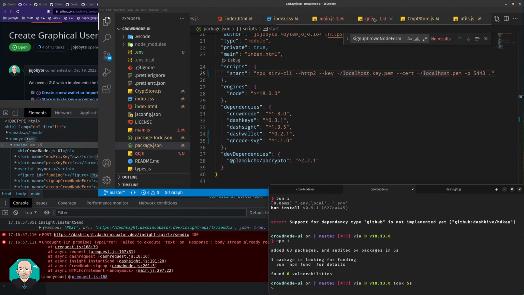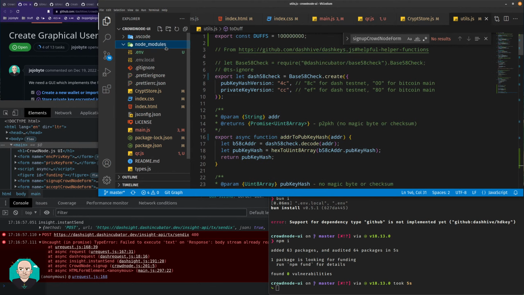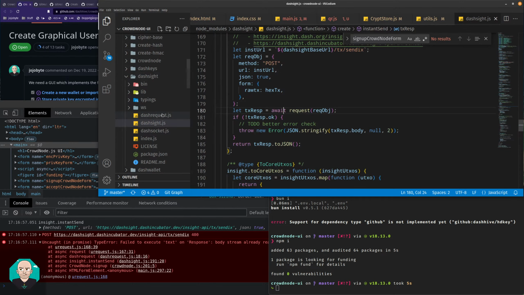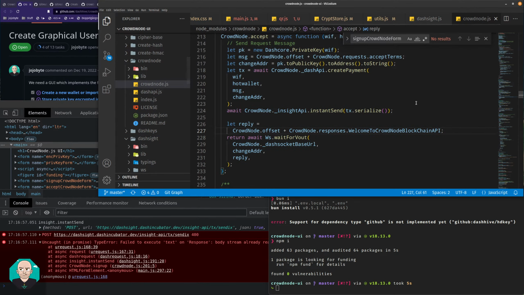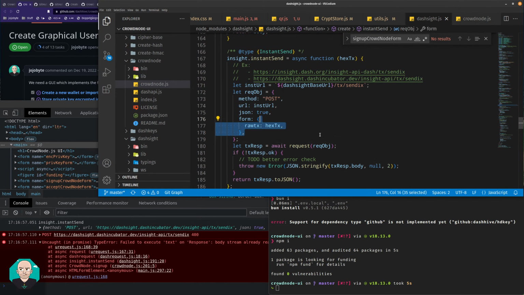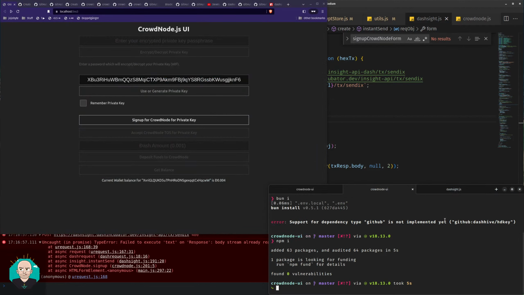Okay. The files are closed now. So let's try to open them back up, shall we? We shall. And CrowdNode. All right, so there's the default. We've got the default reinstalled. I assume we should still have this error. So let's